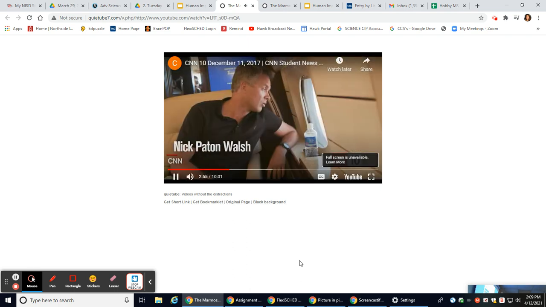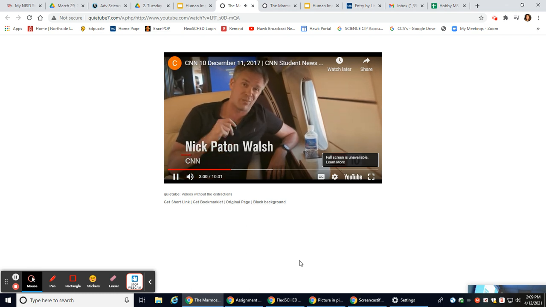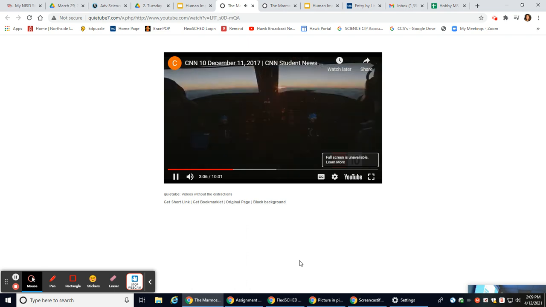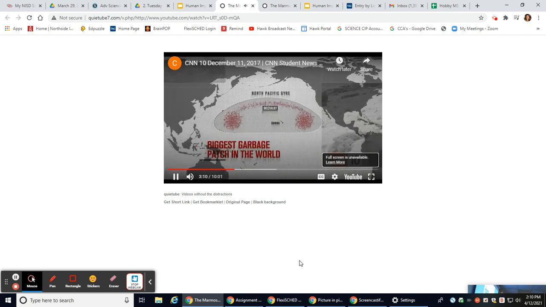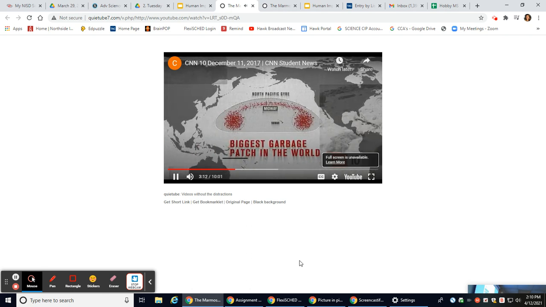Well, it looks extremely beautiful and tranquil from up here, the Pacific at sundown, but across the world's oceans there are thought to be some 5 trillion pieces of plastic just floating as garbage. And it's taken us months to make this journey out to Midway, slap in the middle of the North Pacific Gyre, what's thought to be the biggest garbage patch in the world's oceans at the moment.